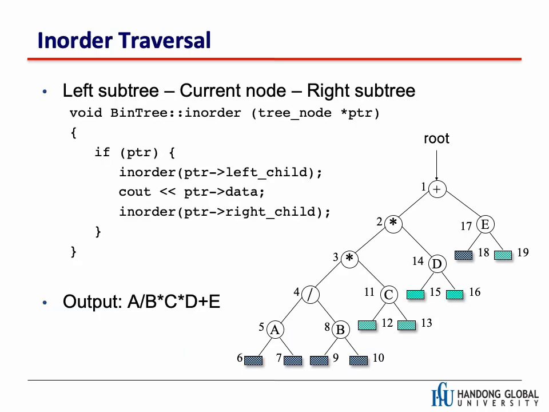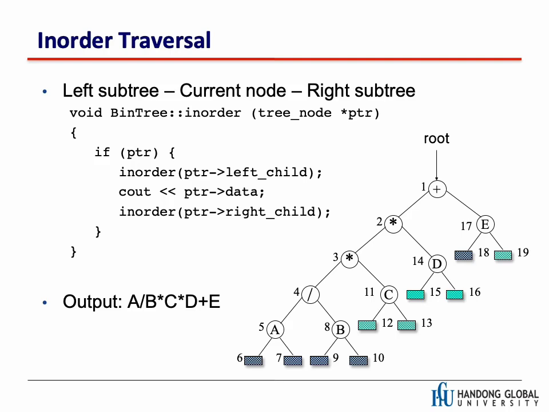The first one is in-order traversal. Basically we will traverse the left subtree first, then the current node, and then the right subtree. This is a member function of the binary tree. We get one pointer, PTR, which is pointing to the root node of a subtree. Initially we get the root pointer. If PTR is not null, which means it is pointing to something, then